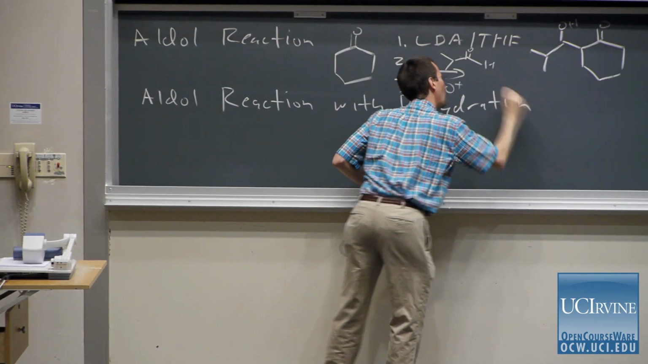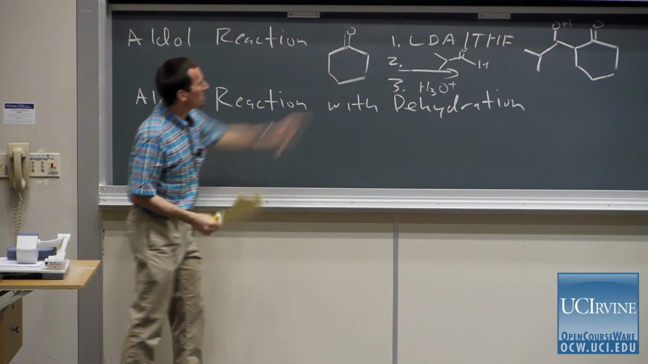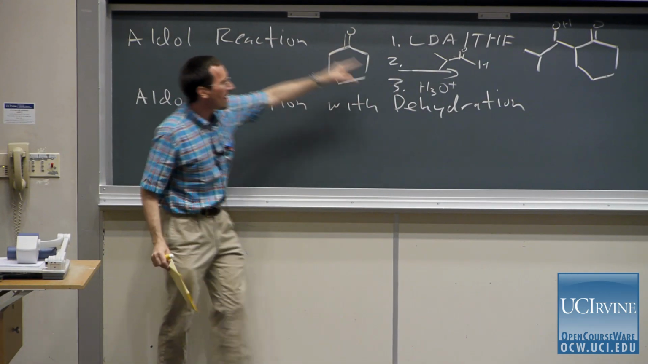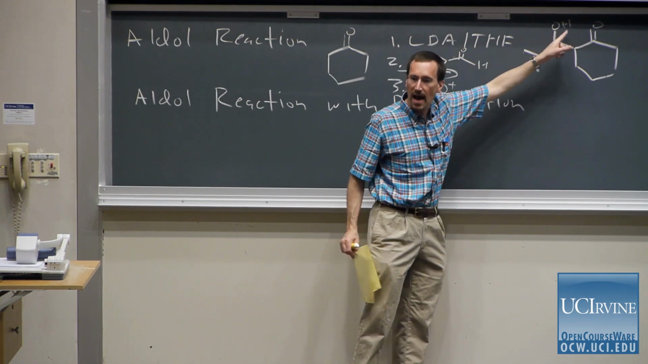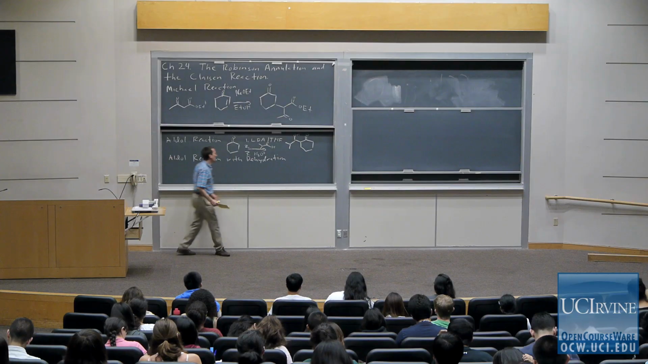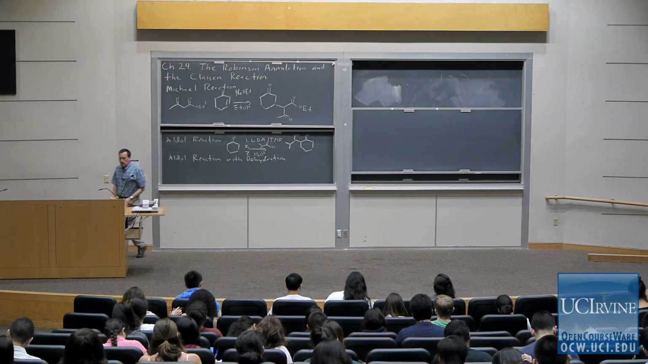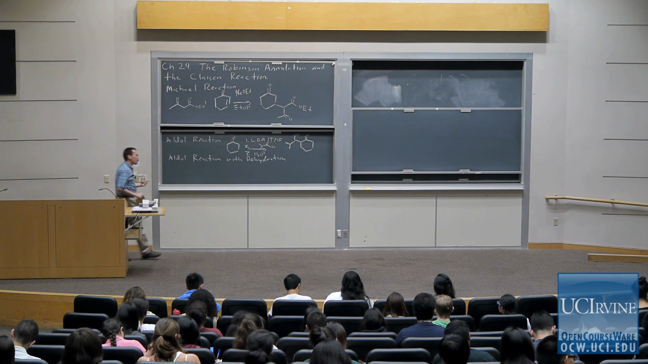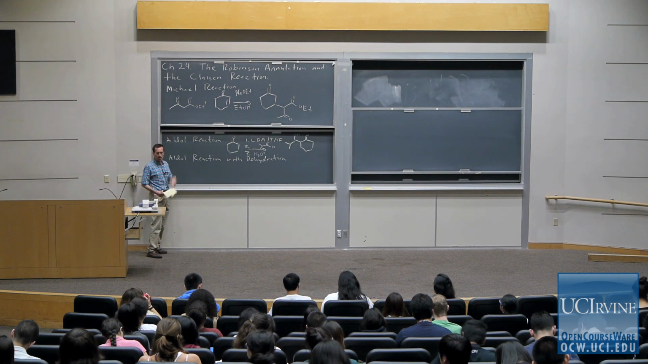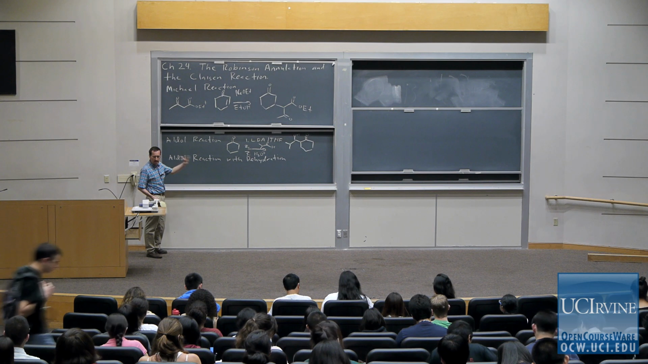That's where we lose water in the end. So here the mechanism is you generate an enolate, it adds into the carbonyl compound. On workup, you protonate the aldolate, the oxyanion. So aldol reaction with dehydration generally occurs under conditions where you've mixed components together, either an